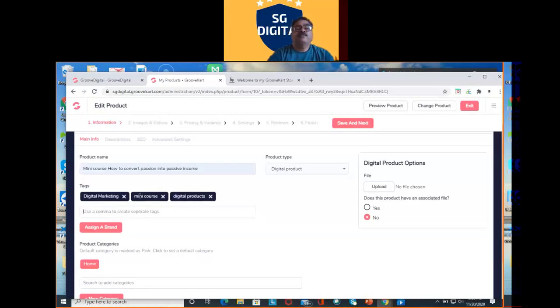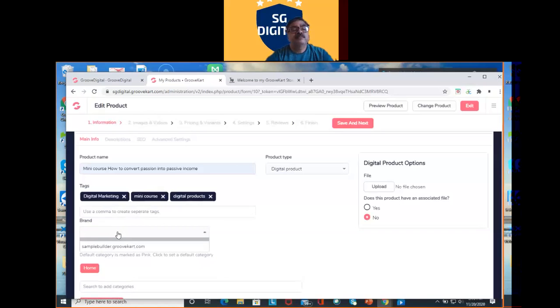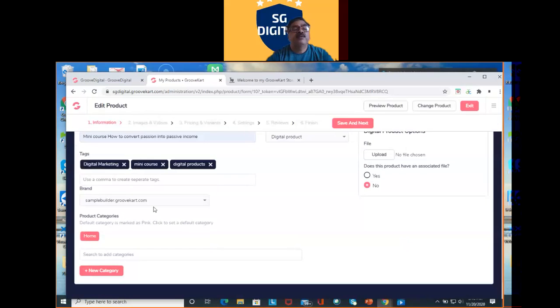These are the few tags I have given. Now assign a brand. For example, I have given a sample builder.groovecard.com.